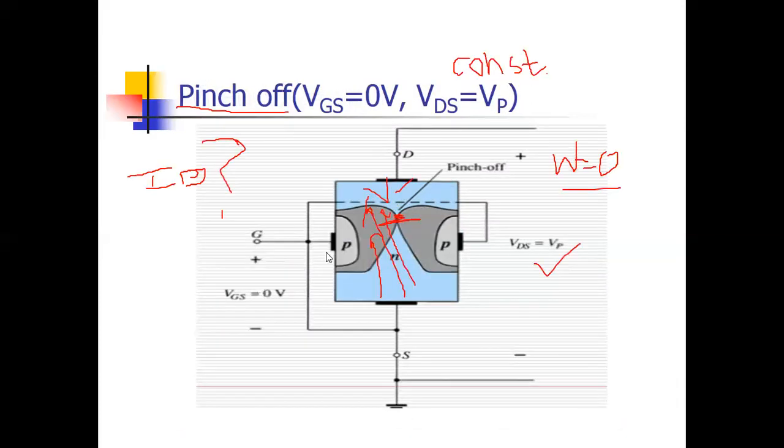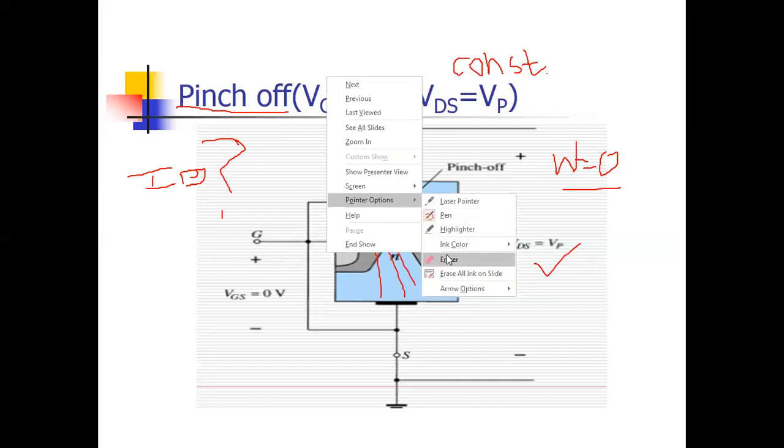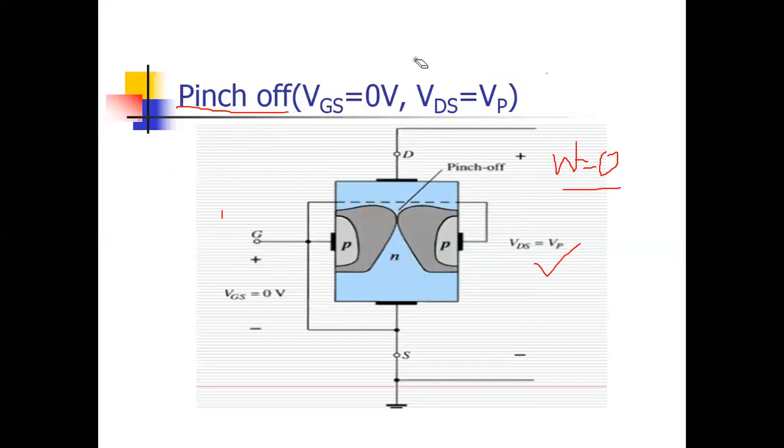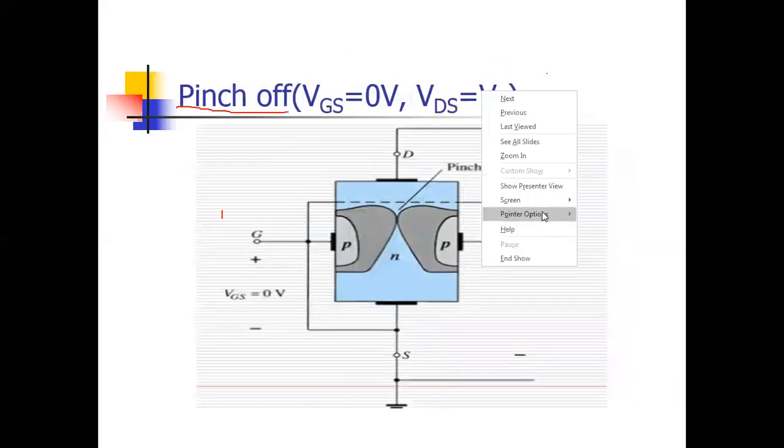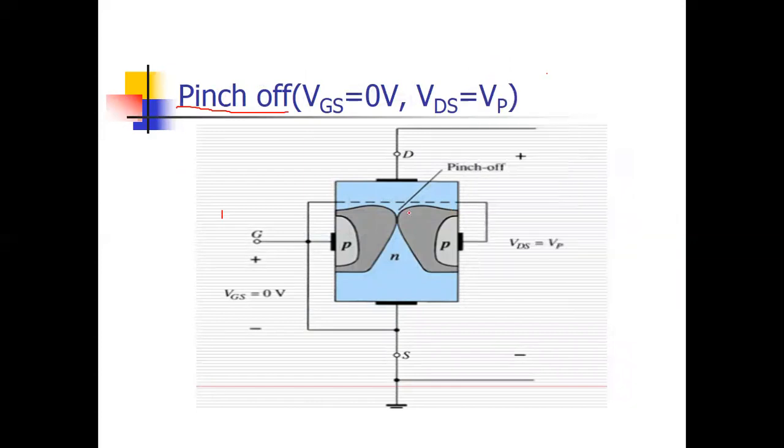So what happened in short? When the gate voltage was 0, there was maximum current. There was gate voltage 0 and some positive voltage here. There was a channel, electrons start to move and the current flows, and the current follows a linear relation. After some time, when the pinch off voltage occurs, the current will be maximum. And after that, when these 2 points meet, the current will be constant.